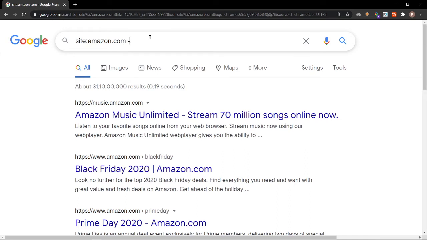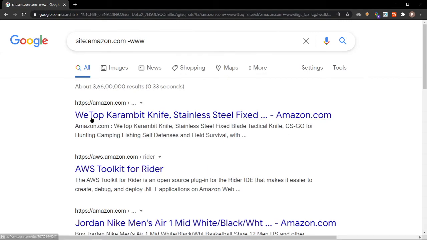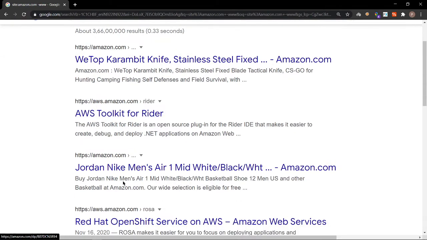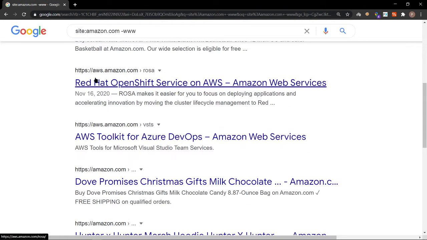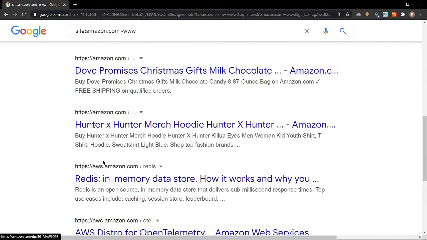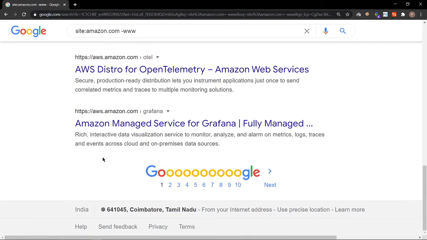So I am going to use a filter called minus, to neglect www. Now I press enter. See, I cannot see www in front of Amazon, AWS. I cannot find www at any point in the results. You can use it in such a way.